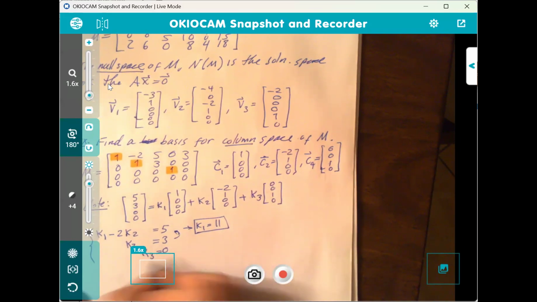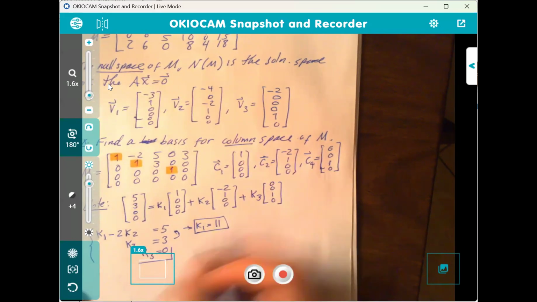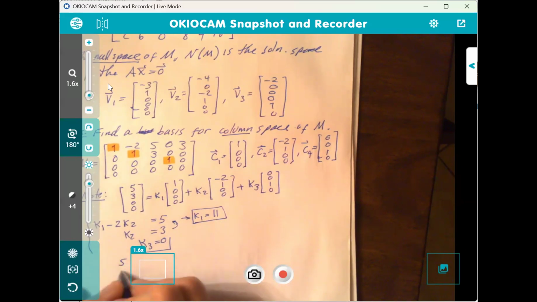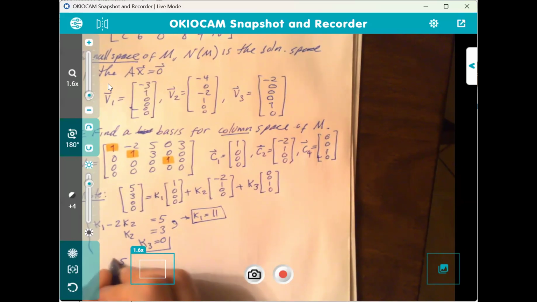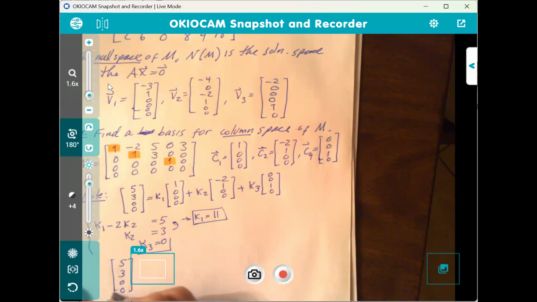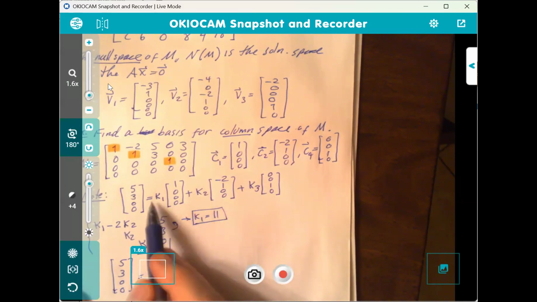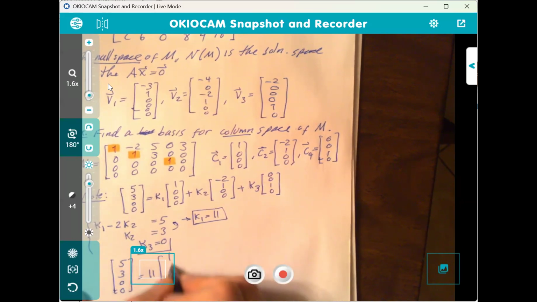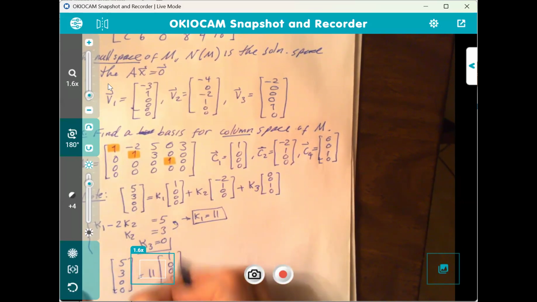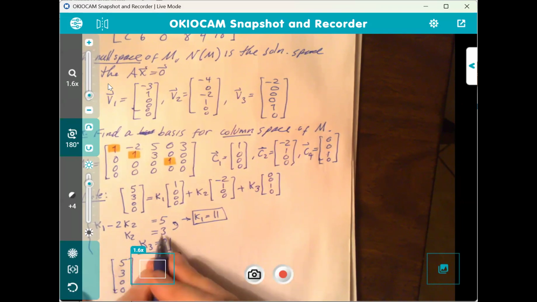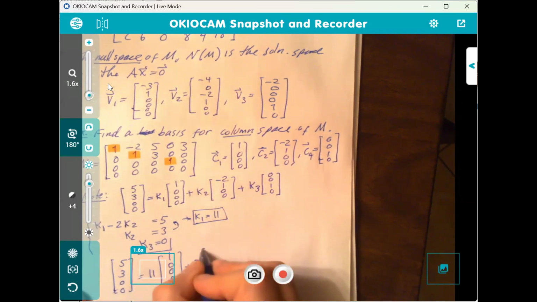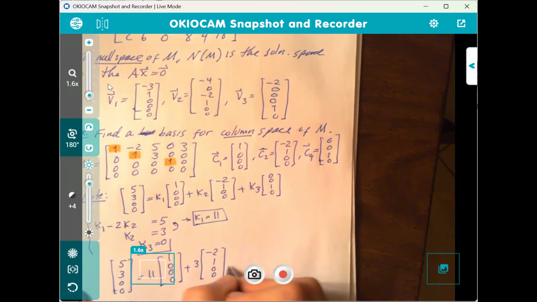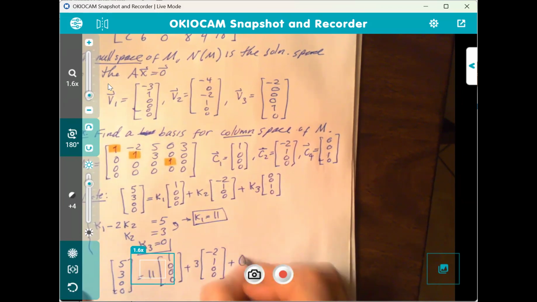There you go. The system is solved. So that's what it means. So I can write 5, 3, 0, 0. This can be written as the following linear combination: K1, which is 11, times the first basis, 1, 2, 3, zeros, plus K2, which was 3, times the second basis, negative 2, 1, 0, 0, plus K3, which was 0,